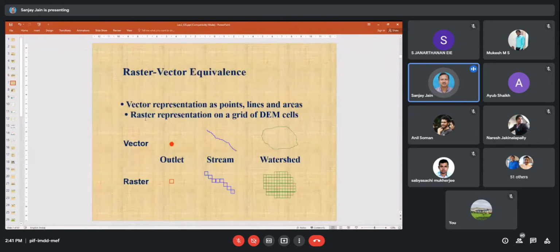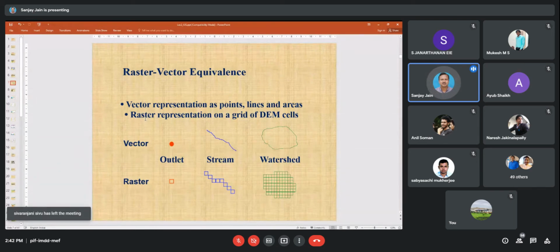Okay, so there are two types of structure. Here you can see the difference. If we are representing a point with a point, then it is vector. If we are representing that by a grid, then it is a raster. So we can say that vector structure is the actual or real world representation, because you know that if we are giving a point, then the point is of course a point, or a line is a line. If we are converting that into grid form, then there will be certain distortion. So it is not real. The boundary here you can see in vector is real, while if you are converting that into a raster, then it is deformed. It is not the actual representation.